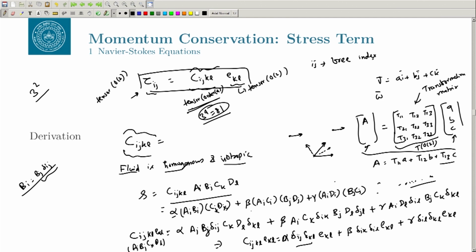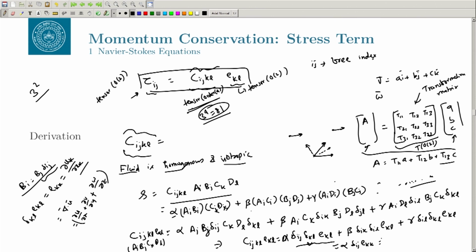Okay. So, before I go to the next slide, you can just see this is delta k L E k L, right. So, this can be written as E k k. What is E k k? It is basically del u k by del x k, or in other words, this is del dot u, or basically del u by del x plus del v by del y plus del w by del z, right. So, this has become your alpha delta I j E k k,